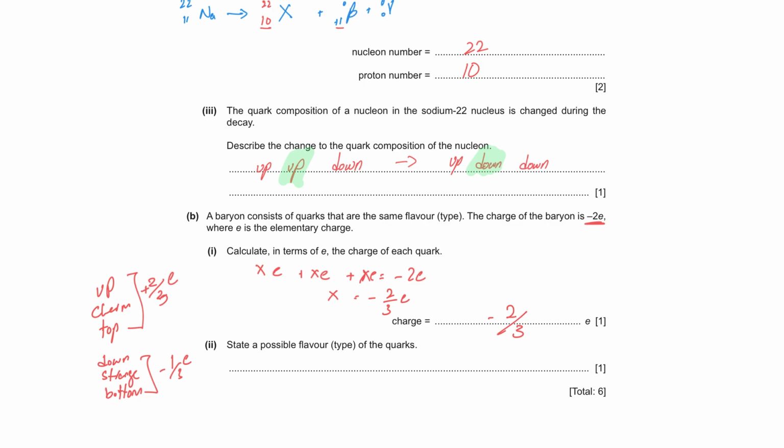We need a charge of -2 by 3e. So the anti-quarks of these 3 will have a charge of -2 by 3. So any one of these, because all 3 quarks have the same flavor, you may either write anti-up, or you may write anti-charm, or you may write anti